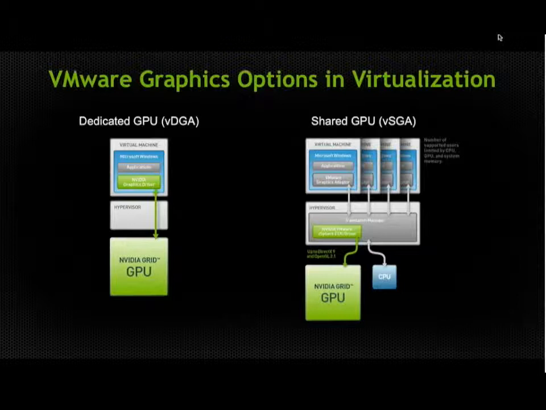On the right, shared GPU, VSGA as we call it. Something to note here is no green box in the guests. It says VMware Graphics Adapter, which is their SVGA, just to make this as confusing as humanly possible, is their software adapter. So in this case, with VMware, this is a shared model where we're getting density, a lot more guests getting